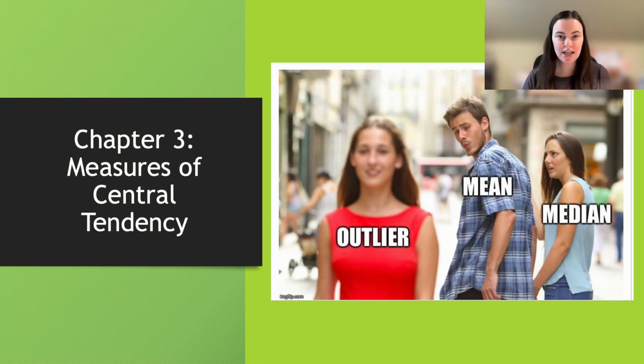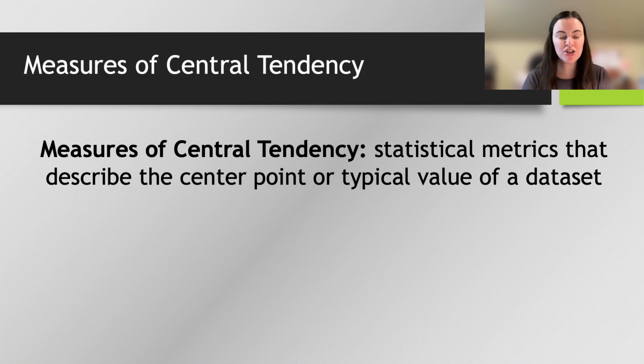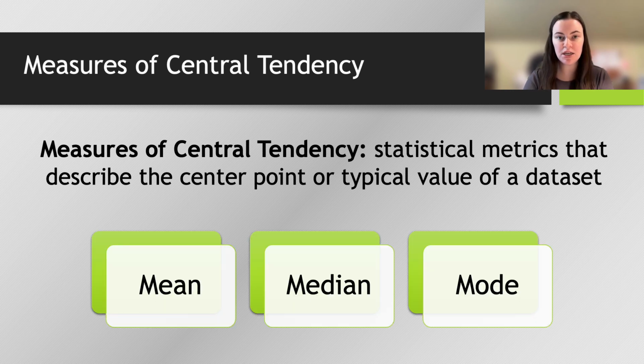Hi everyone. In today's video, we will be covering Chapter 3, which is about measures of central tendency. Measures of central tendency are statistical metrics that describe the center point or the typical value of a data set. And there are three primary measures of central tendency that we will be covering, and those are the mean, median,